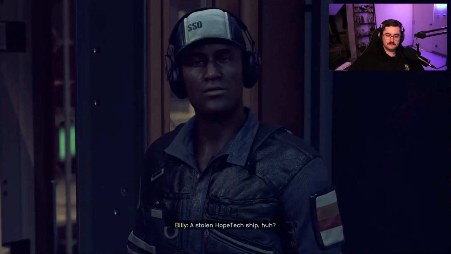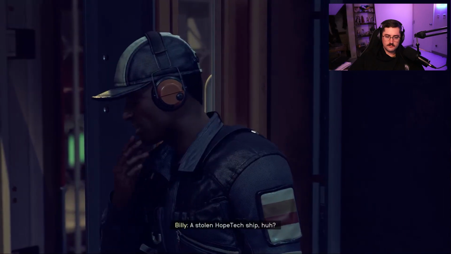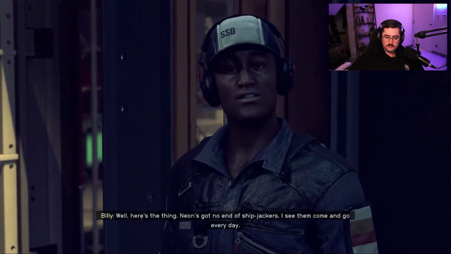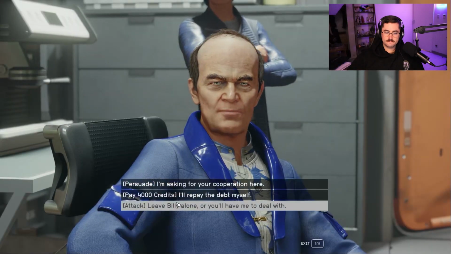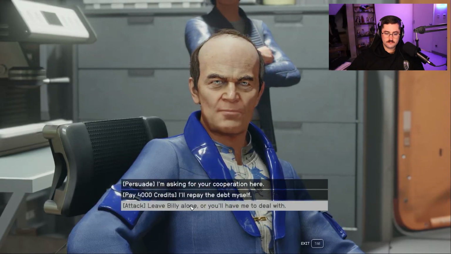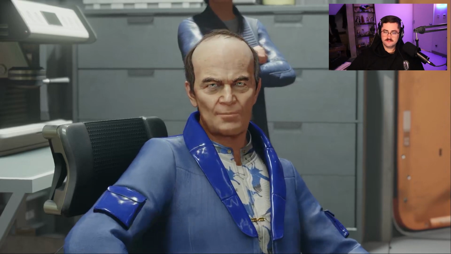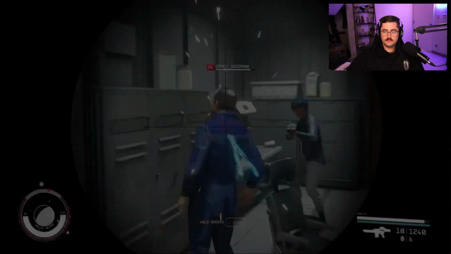The informant will tell you that he can't help you until a loan shark gets taken care of. Here's the thing: deal with the loan shark here. It looks an awful lot like the marshal, but I'm not going to say anything about that. How about I save us both some time, and once you deal with the loan shark, report back to the